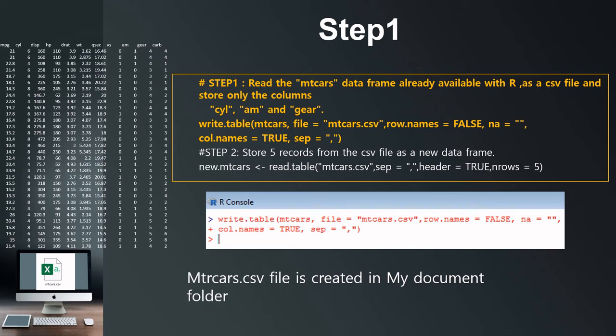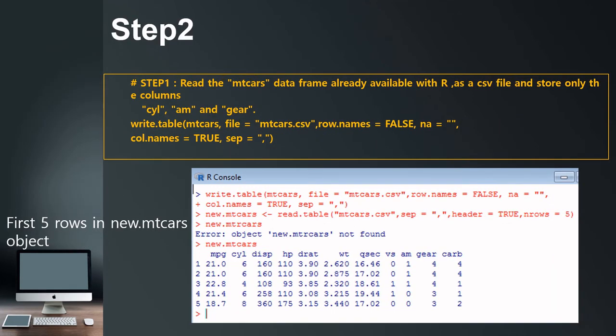I have used this statement, and this file was created with the name I have mentioned here, mtcars.csv. So this is an example. The working directory is My Documents, so this is created in My Documents. As discussed, this file is already available, and using the mtcars data frame I am going to access this file.